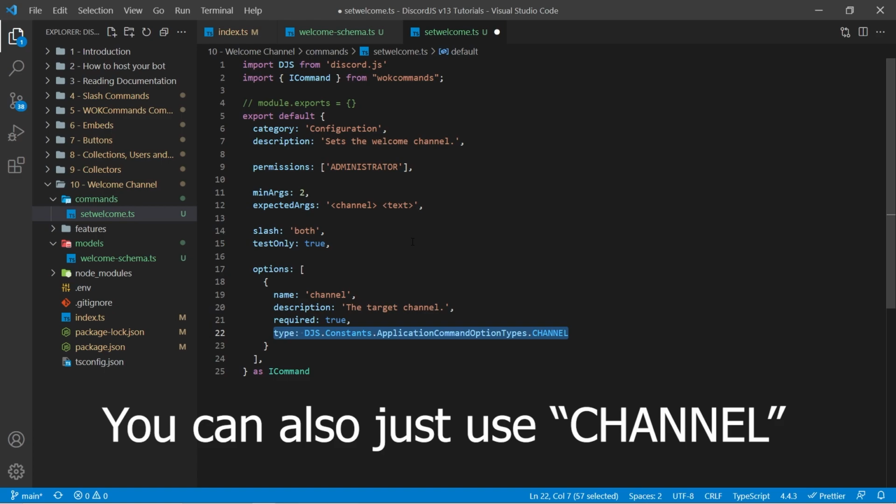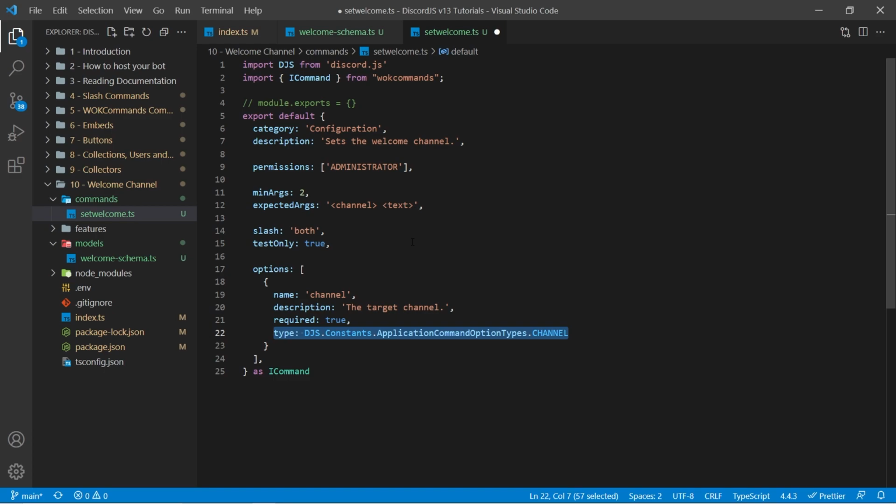And this is the reason why we want to specify our own options, because this will give the user a dropdown where they can specify what channel they want to use. Now we also need to provide information about the second command here, which is the string. So here we can say name is text. The description is the welcome message. We can say required is true. And the type will be